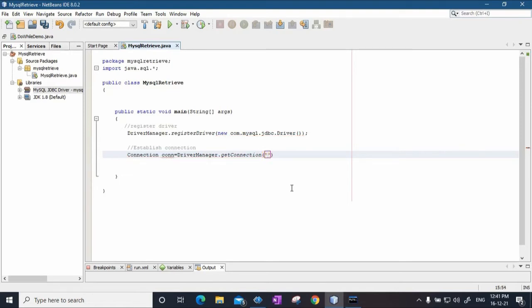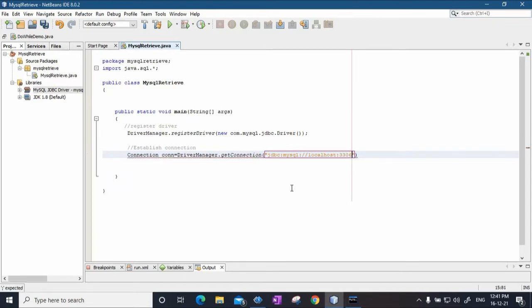Everything is in quotes. I will say jdbc:mysql:// and then the name of the server. Since I am using it locally, it is localhost, and the port number that it had shown me is 3306.